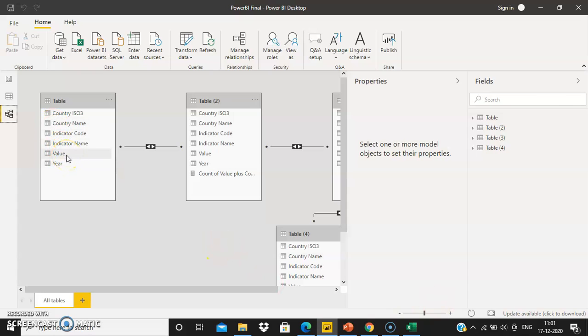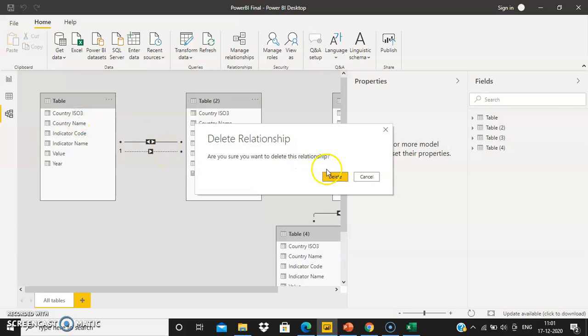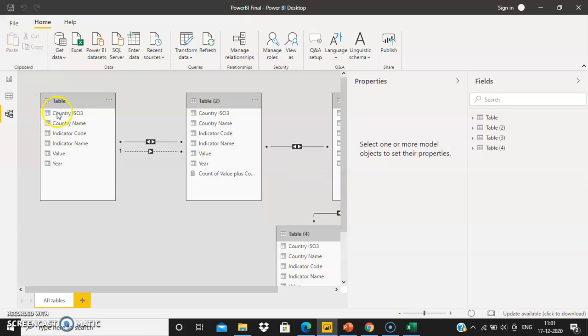it's really simple actually. Just go from value to value and it will create a relationship for you, or if I don't want that relationship, I can delete it. Or in some ways you have to find a data field which has common values. Like for me, year is common in all 4 data sets. All my data set includes is the information from 2001 to 2010. That's why I'm using the year,